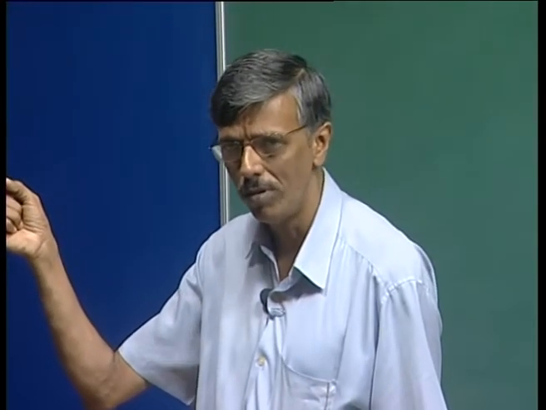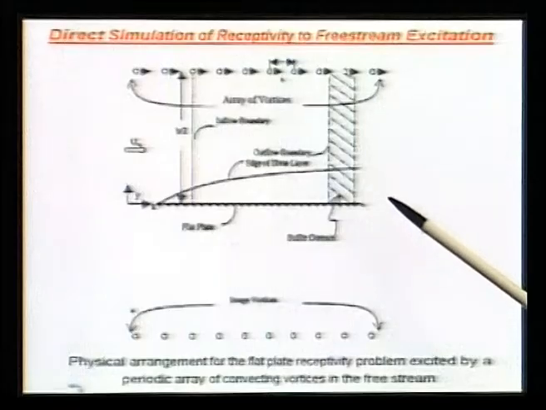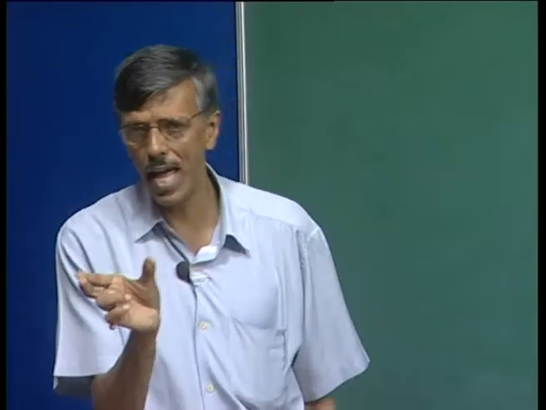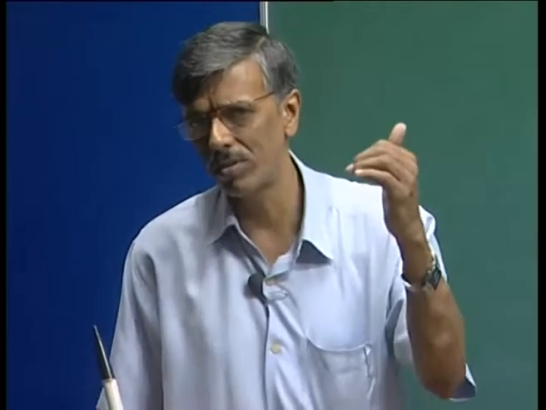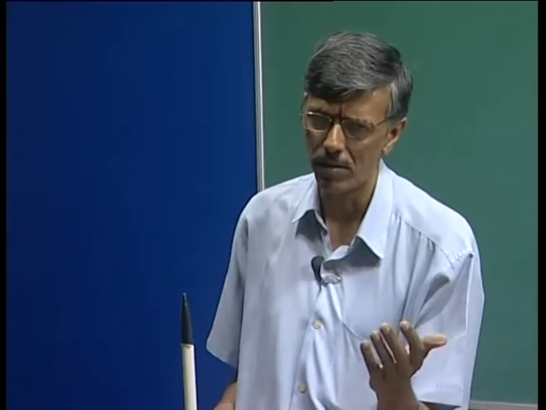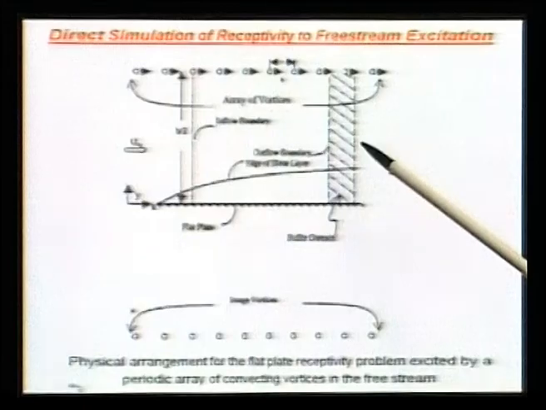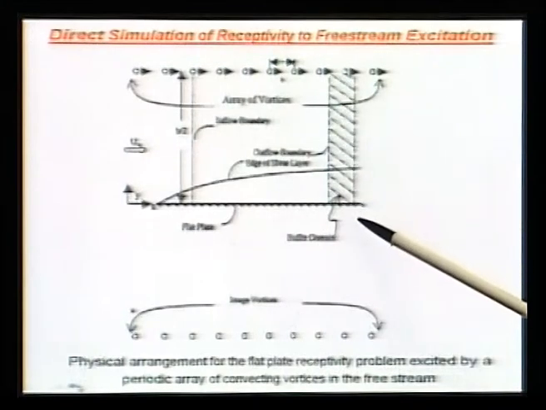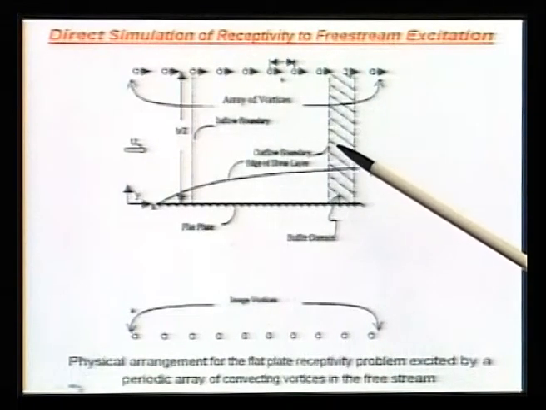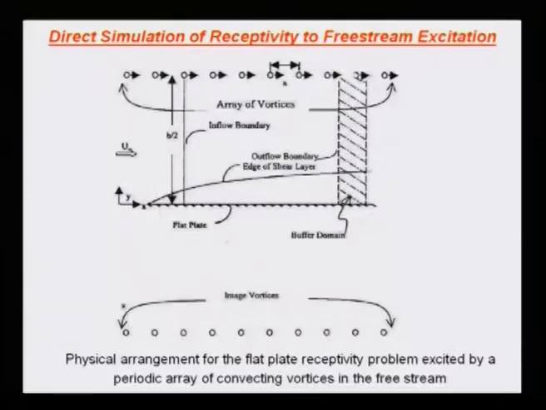That is doable if we can. The other possibility is, of course, that we create a sort of buffer layer where these oncoming disturbances will be attenuated in such a way that the reflected path will not be there, because we are decaying the disturbance coming in at its full strength at the beginning of the buffer domain. Once it's inside the buffer domain, the amplitude will be decayed. So when it comes here, there is nothing to reflect. So this is the concept of introducing a buffer domain.